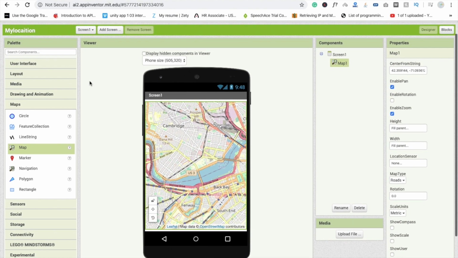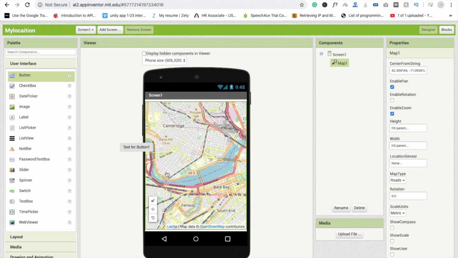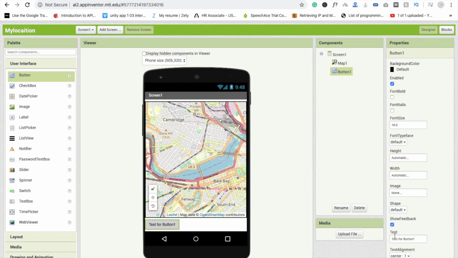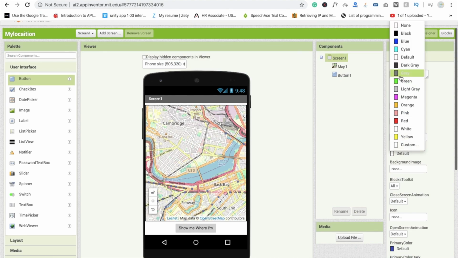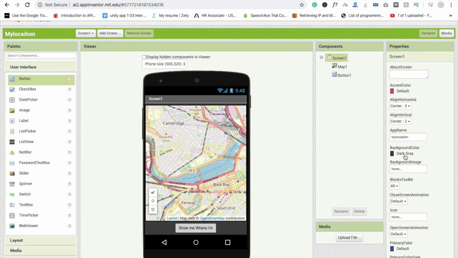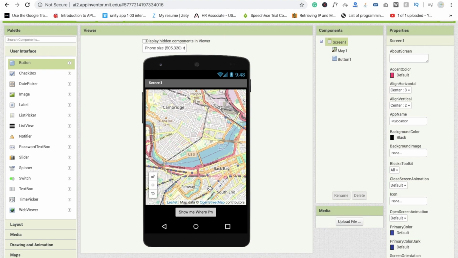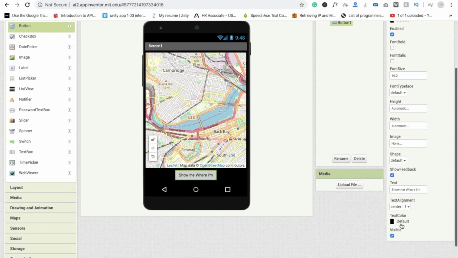Fine. Now I'm going to use here one button, and the text is "Show me where I am". Align center. Fine. I'm going to change the screen color to black. And the button color I'm going to use here something